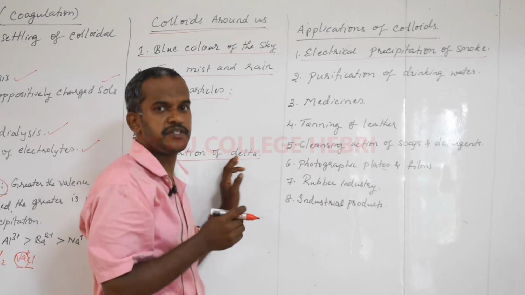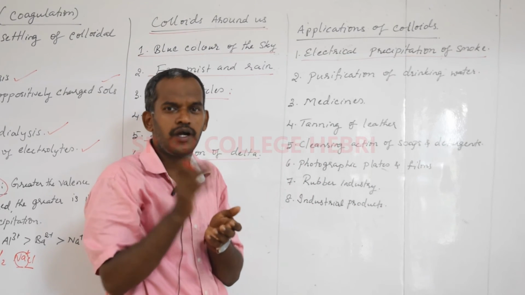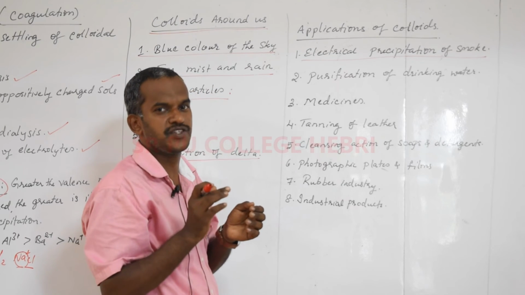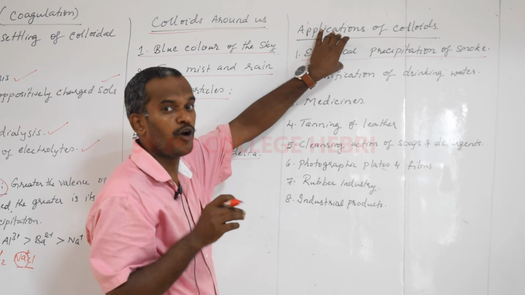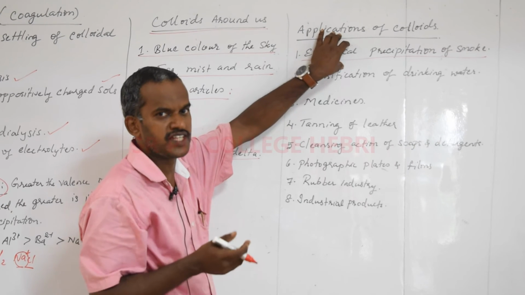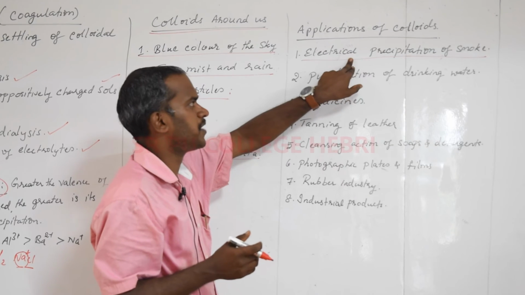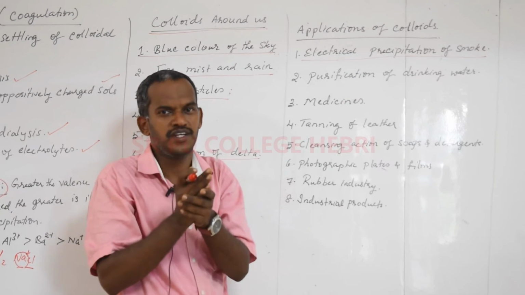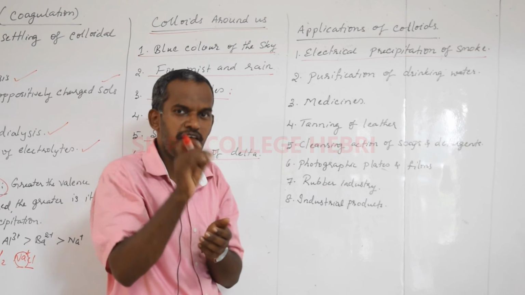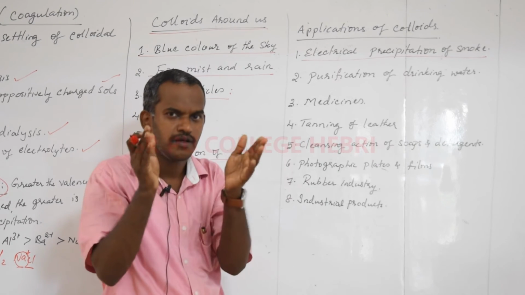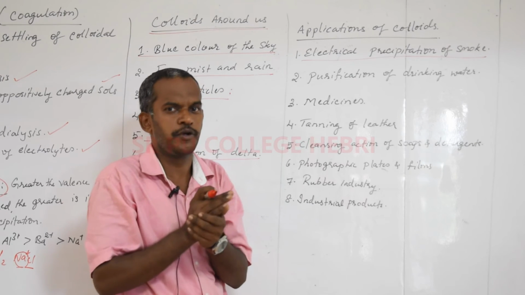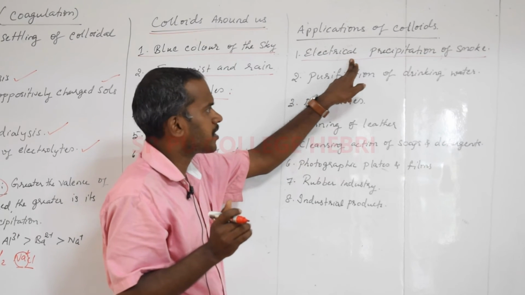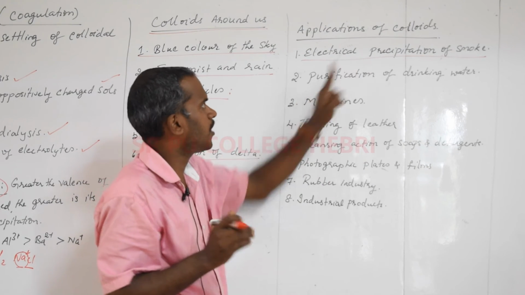You all studied environmental chemistry in the first year, and you know the air pollution is due to different carcinogenic substances or the different waste gases given out from the industries, and how those are purified. The toxic or poisonous gases are purified by electrostatic precipitation. Smoke is an example for a colloid. When the colloid, like smoke, is passed between the electrodes, since it has got charges, the charged colloidal particles accumulate on the electrode. When it accumulates, it will be easily separated. So electrical precipitation of smoke is one of the industrial applications of the colloid.